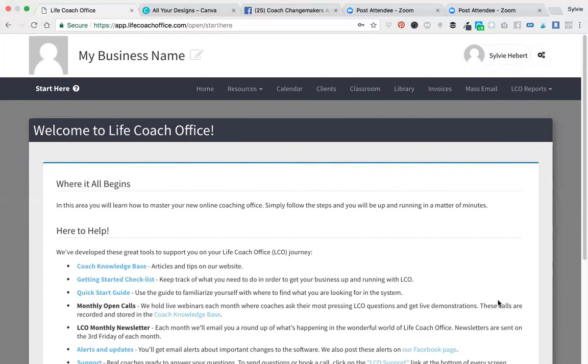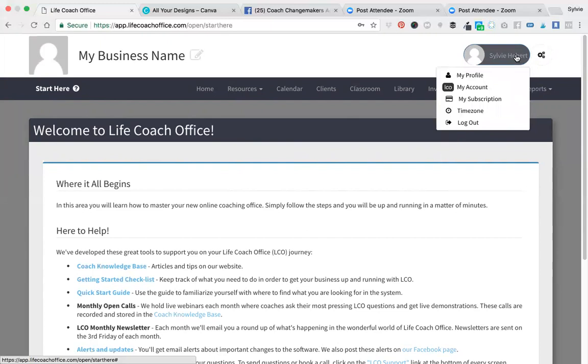If you move over to the top right, Sylvie, will you go ahead and click on your name, and you'll see there's a little drop-down list there. So that's where you manage stuff like your profile, your subscription, your time zone setting, all the stuff that is personal to you. If you go over to the little cog button next to it, these are